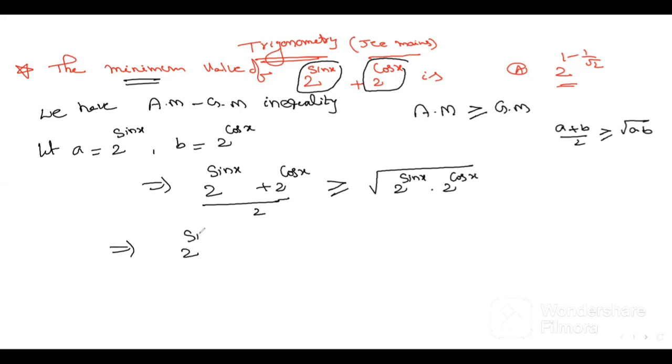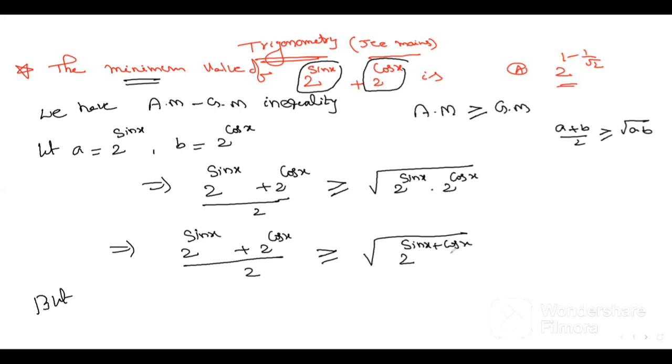If bases are equal, powers are added. So 2 to the power (sin x plus cos x). But here sin x plus cos x always lies between